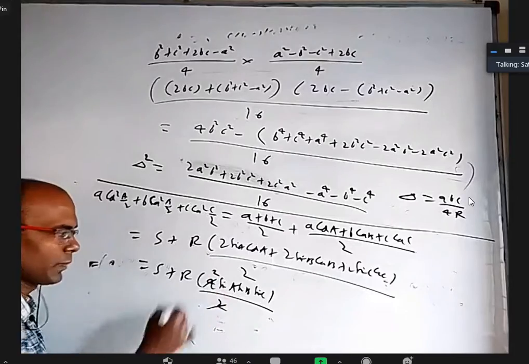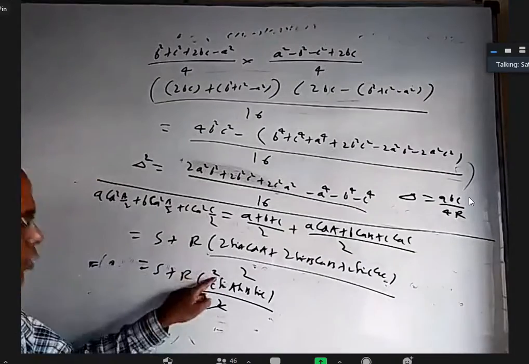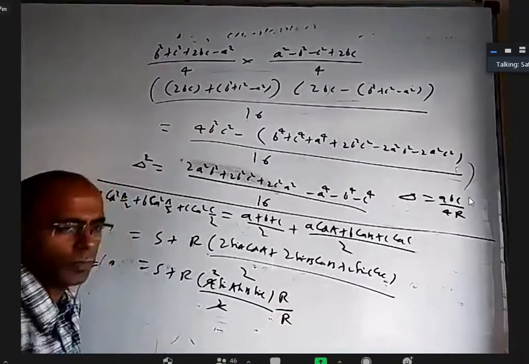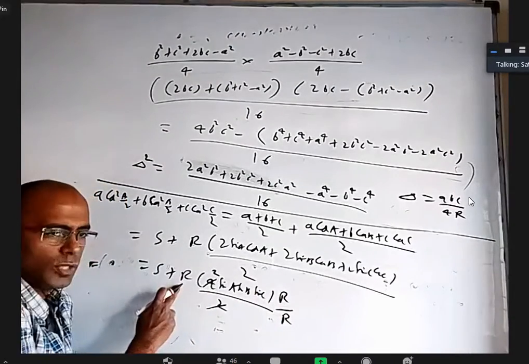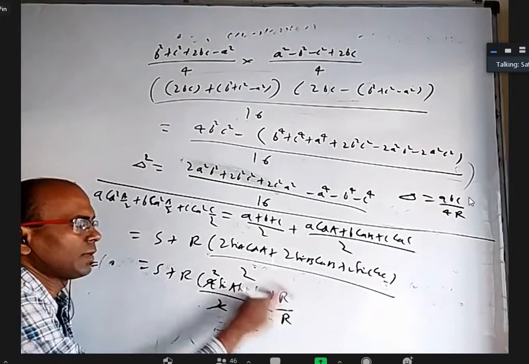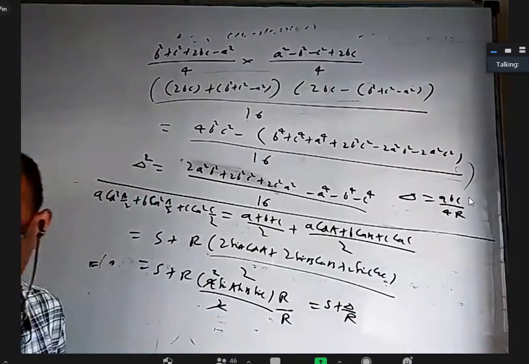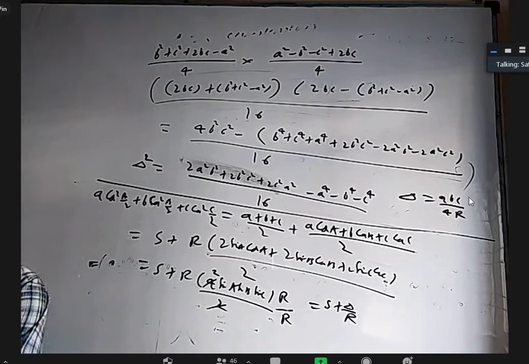So you'll get S plus R into 4 sin A sin B sin C by 2. 2 will cancel. One of the formula for delta is 2R square sin A sin B sin C, but R is missing. So I'll multiply with one more R. R and R will become R square. 2R square sin A sin B sin C will become delta. That's how we'll get S plus delta by R. Is that okay now? Example 22.